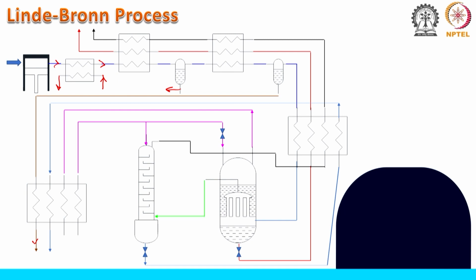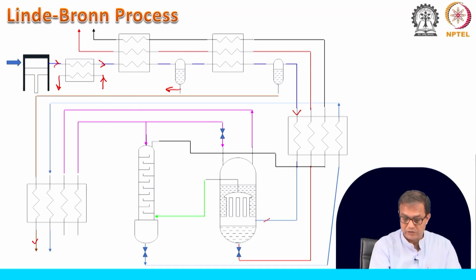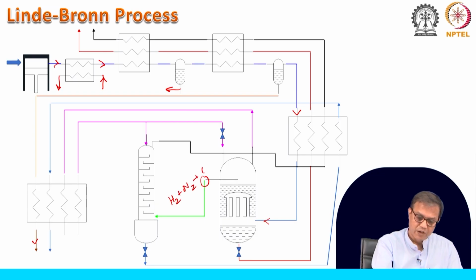Then we have this 4 stream exchanger, it will come over here, and this will come into this evaporator and condenser. Finally, this is the mixture of N2, H2 and CO, and this CO we get rid of